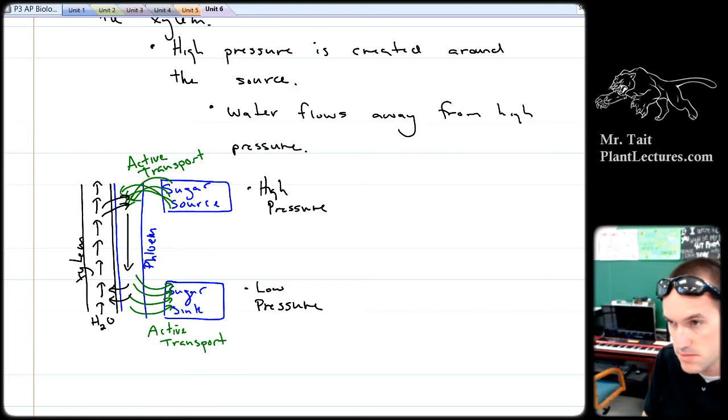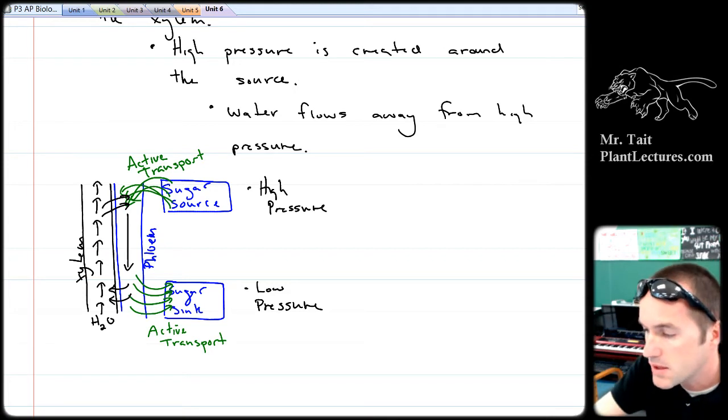Make sense? Anybody have any questions on pressure-directed flow or phloem? What's up? What's the word after high pressure? It is: high pressure is created around the source. Yeah. Okay, let's talk about